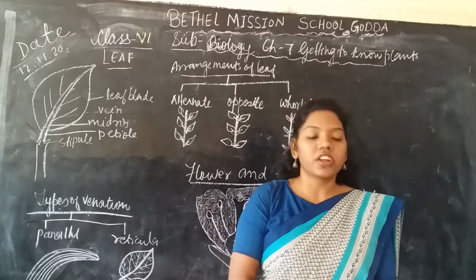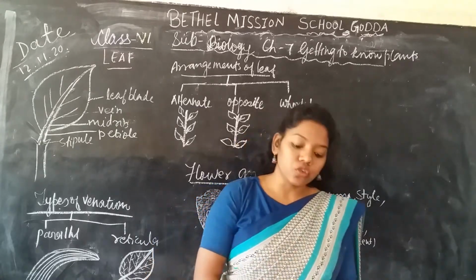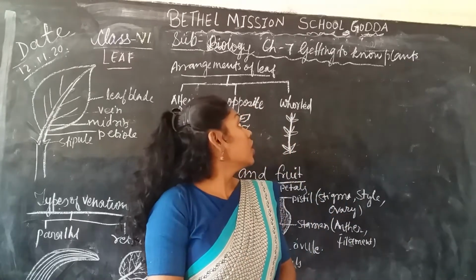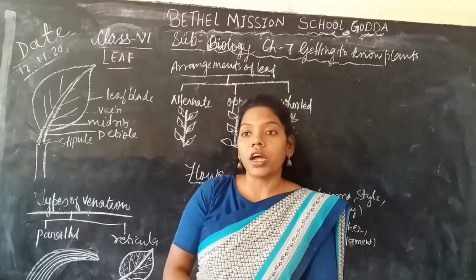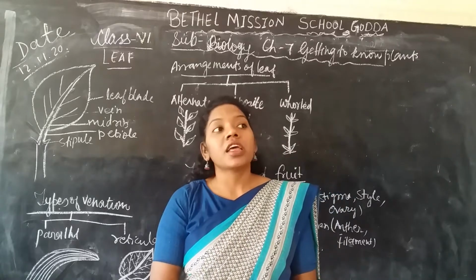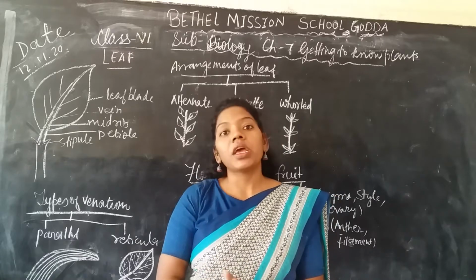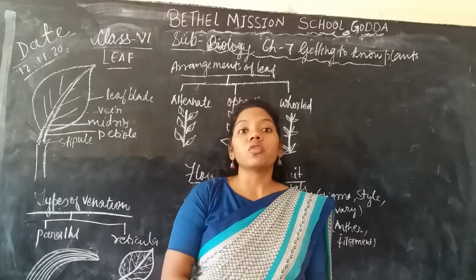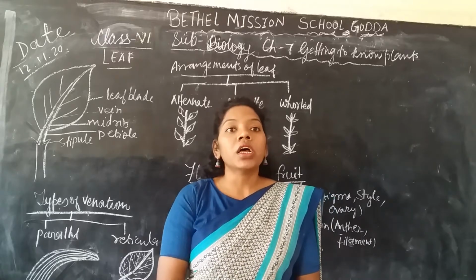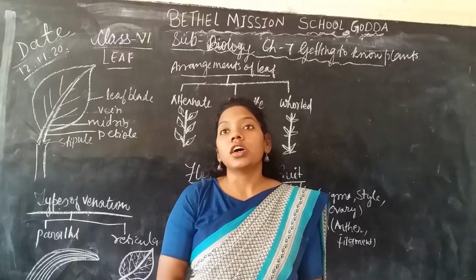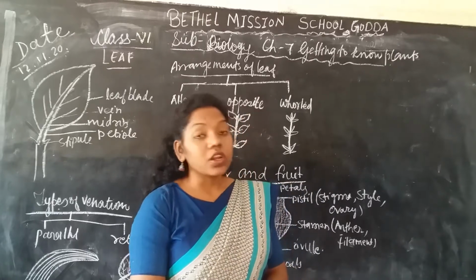Today we are in the third session of this chapter, that is standard 6 biology chapter 7, getting to know plants. We were learning about the plants, we learned different kinds of plants, we learned the classification of plants, and in the second video we learned about the root system and the shoot system. In the root system we learned two types of root, that is the taproot and fibrous root. And in the shoot system we were learning about the stem. So we have already come to the topic after the stem, and now we are going to learn about the